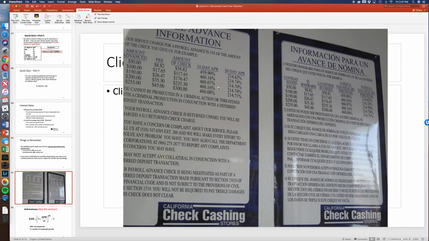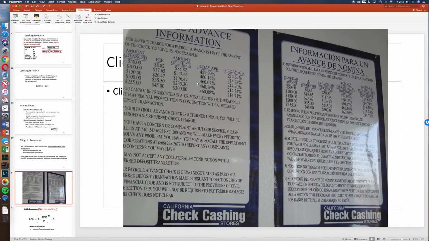This is a picture I just took, with the owner's permission. I just want to show my students that when you take compounding into account, the effective annual rate can be extraordinarily high for those